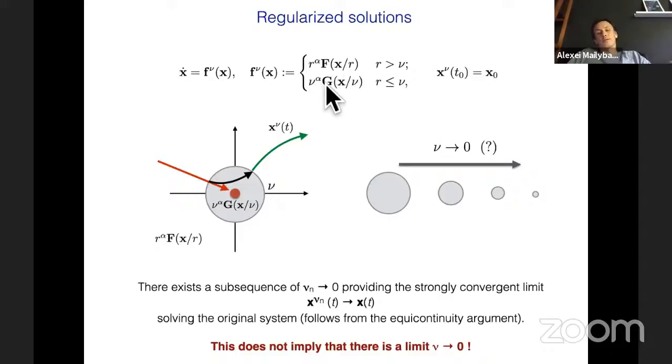So essentially we replace the field inside a small ball by some other field which is smoothly connected. So we take it in such a form, which means that you just choose one G. For any nu, it will be connected correctly, just because of the scaling of the system. So now the next step: we changed the field in a small ball, and now everything is Lipschitz continuous. So there is a unique solution, and we can be happy.